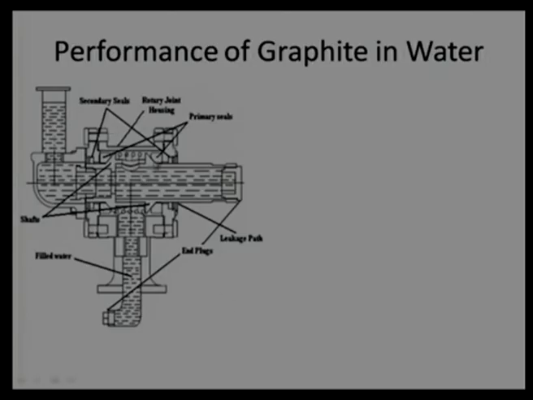It has seals, a primary seal and a secondary seal, both are carbon graphite seals, and this material is stainless steel. We are using stainless steel so that the water is not going to corrode this surface. Stainless steel is resistant to corrosion or rust. And there is a spring action, the spring is shown with this O-shaped figure. Then we fill it with complete water and try to find out the coefficient of friction